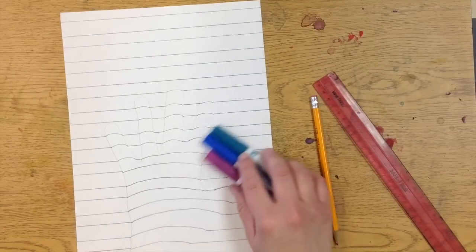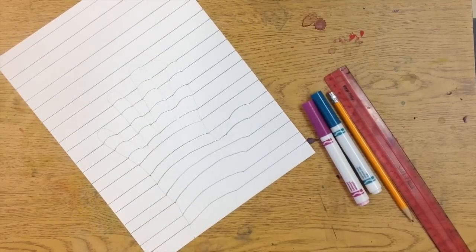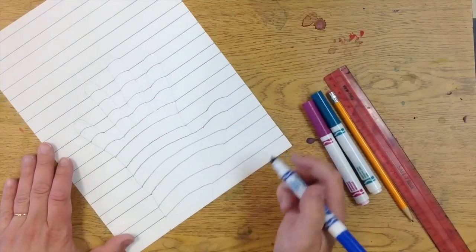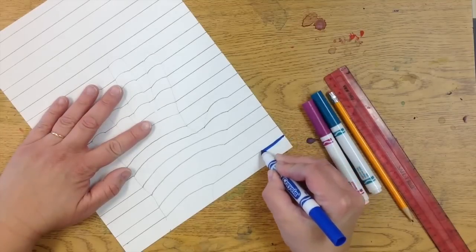I want to use one of my dark colors to go over my line here. Now you do not outline your hand. Do not outline your hand. You're just going to be using the horizontal lines. I'm going to go right over